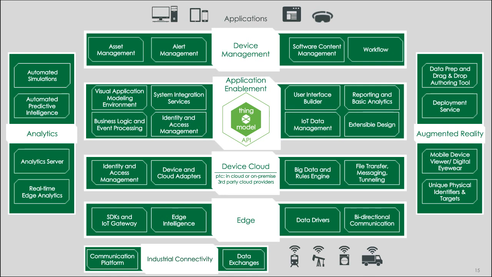Within our technology stack, we have something called the Thing model, and this gets back to the digital twin concept that I talked about earlier, which is how we model the actual physical object, apply business rules, and apply logic to the data streams coming in to make it look like a physical object in a digital world. We do this through our Thing model. I always tell people to think of it as a hub of data and information with many spokes off of it that the different component pieces of the ThingWorx platform can access and use, and it provides one version of the truth of data from that physical object to the digital world.